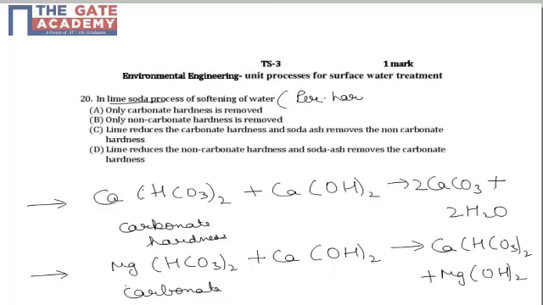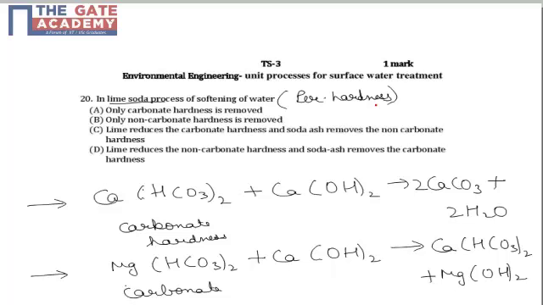permanent hardness from water. Now we know that removal of permanent hardness includes both carbonate as well as non-carbonate hardness. So in the lime soda process, lime, that is Ca(OH)2, calcium hydroxide, is added along with Na2CO3, which constitutes the soda part in this lime soda process, and both processes go hand in hand to remove the permanent hardness.